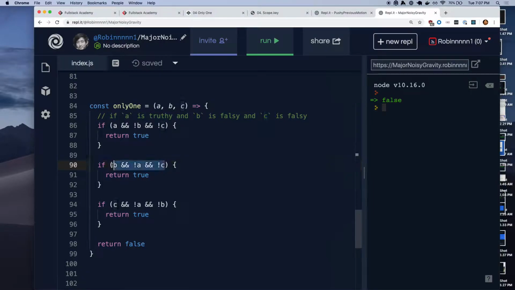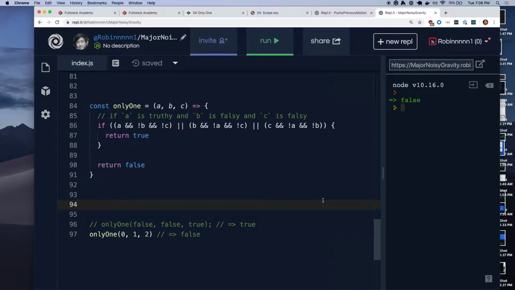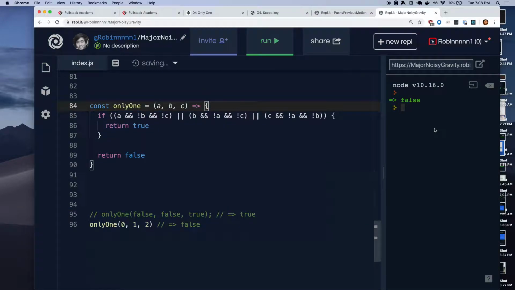So we can say, if this condition is true, like this, or if this condition is true, it's the middle one, or if this condition is true, then we return true. I know this is ridiculous looking, right? It's like hieroglyphs. But we basically just combined it into this one big logical operation, where